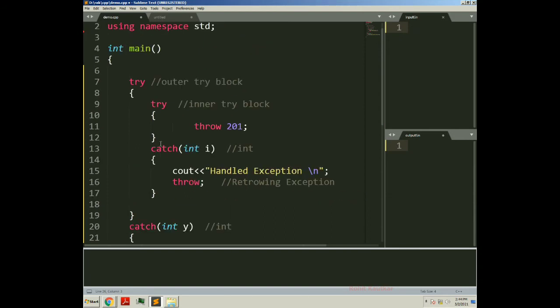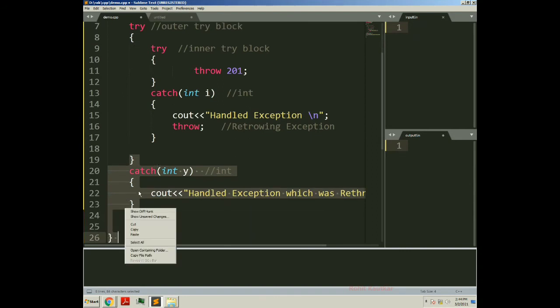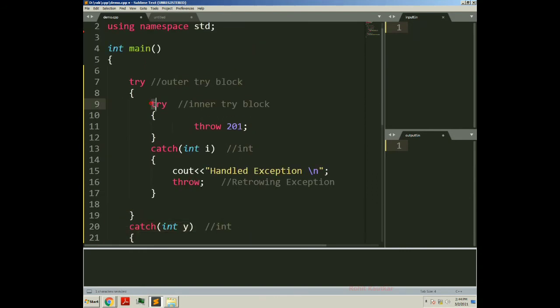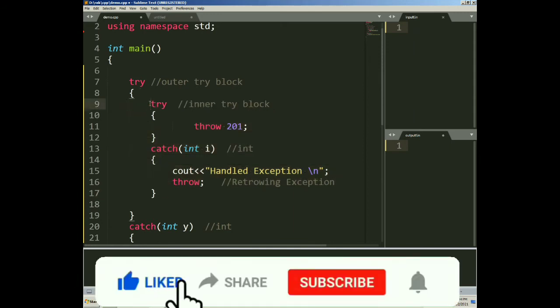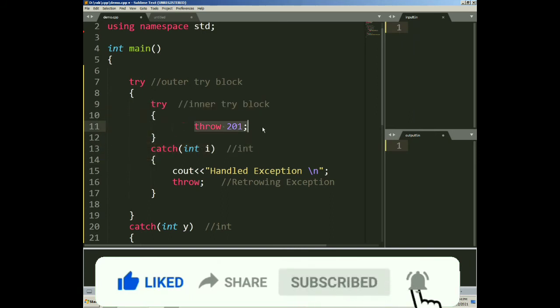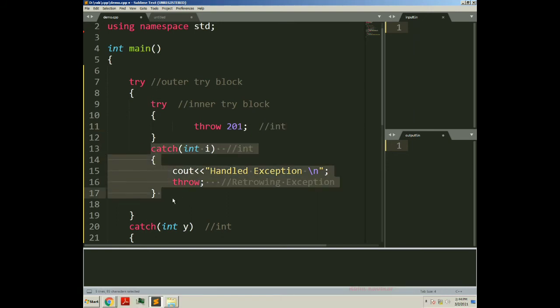What we are understanding in this program is the concept of nested try catch blocks. We have this outer try catch block, and within it we have one more try catch block. This is called nesting of try catch blocks. From the inside try block we are throwing an integer type exception, and we catch it in this catch block.